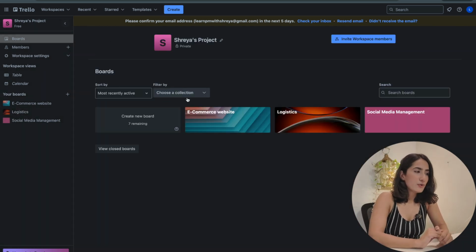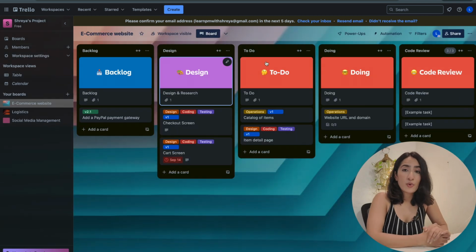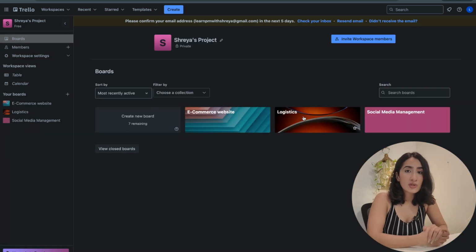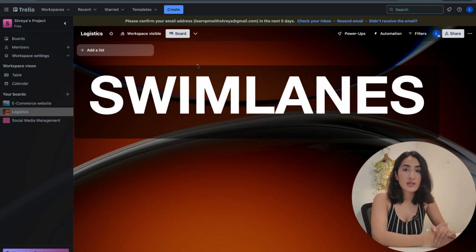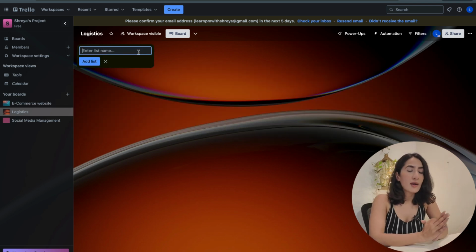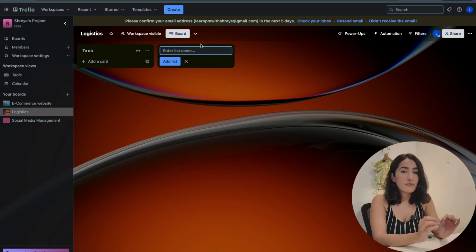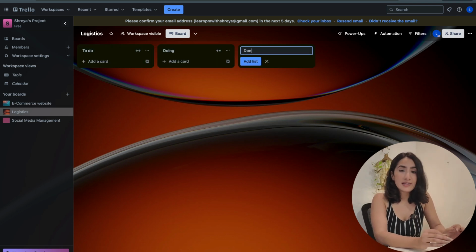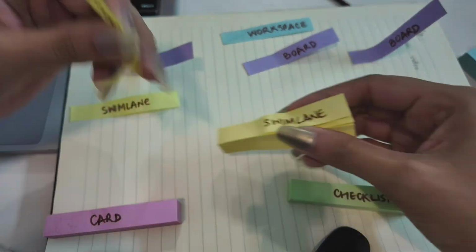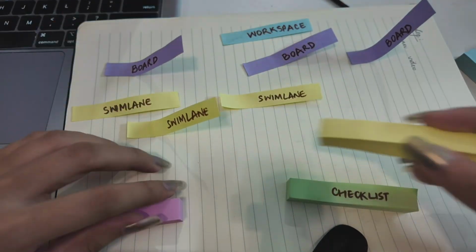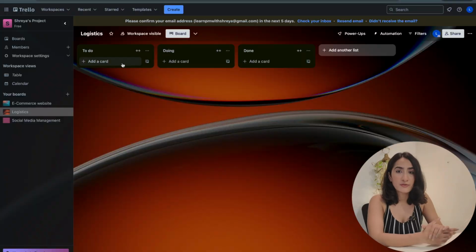Let's start with one board, and here I do not recommend going with some sort of template to begin with. I want you to think of your own swim lanes. These are the swim lanes. These columns are called swim lanes, and I want you to think about the workflow within your team, how ideally things should work, and based on that think of some swim lanes that you can begin with. After that, of course, you can shift them or add or even subtract them in the future as well.